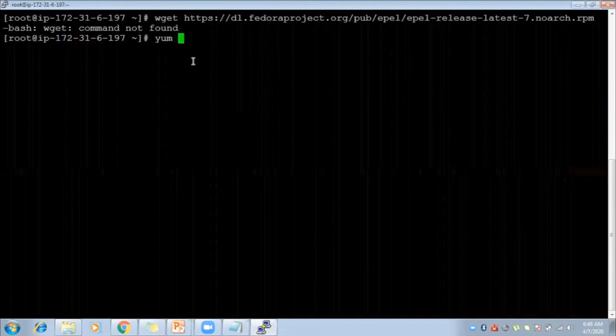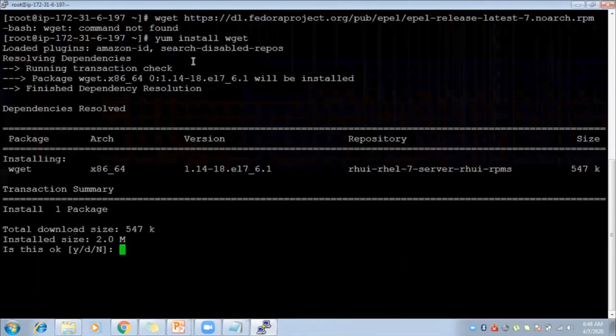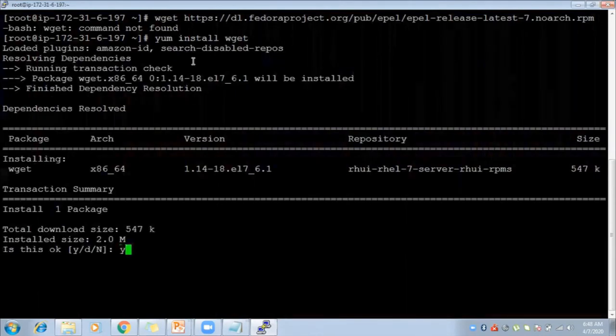Using yum we can install any packages: yum, then install, and then the package name. It will install wget because it is available in the repository.